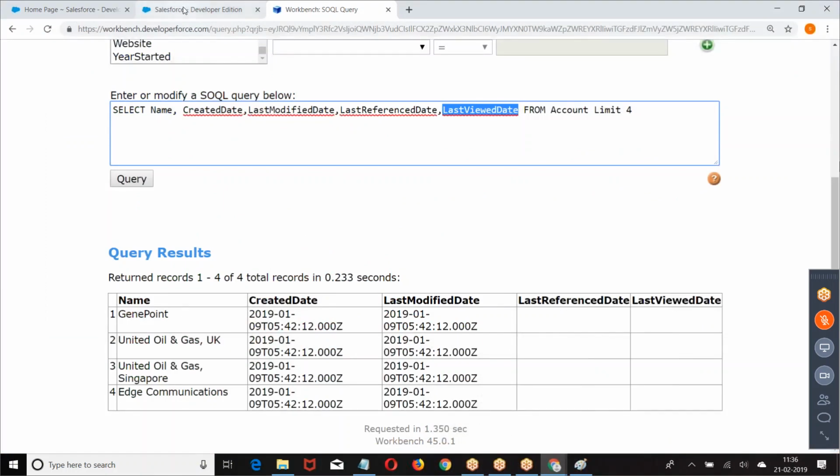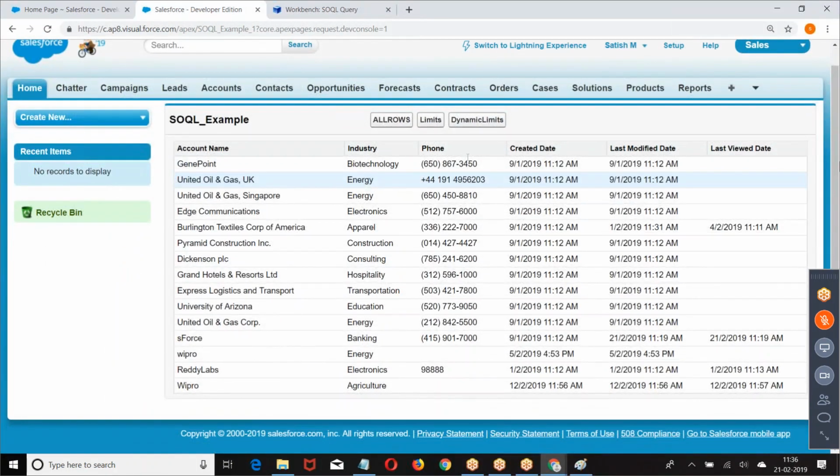Now I wrote a SQL query. When you write a SQL query, look at the format in which you are getting the data.